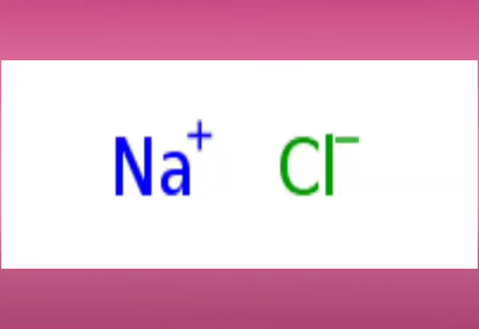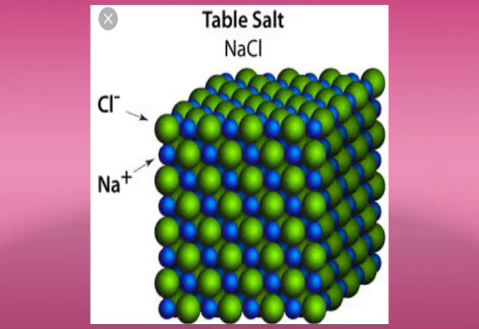Next is ions. Electrically charged atoms or groups of atoms formed by losing or gaining electrons are called ions. A molecule of a compound is usually made up of two parts. The first part is positive and the second part is negative. For example, a sodium chloride molecule is made up of a sodium ion and a chloride ion. The sodium ion is positively charged while the chloride ion is negatively charged. Clear? So sodium ion is represented by Na+ and chloride ion is represented by Cl-.